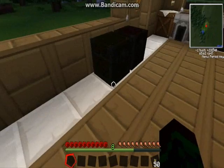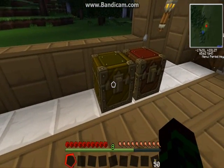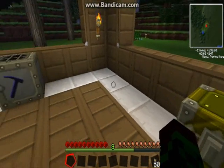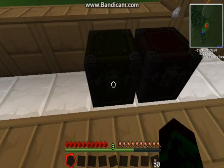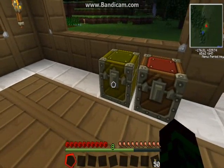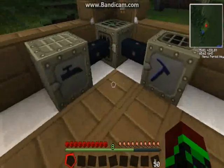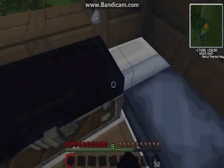And that can actually be upgraded once more to a diamond chest, and that will give you the maximum amount of space that this mod provides. And you can upgrade it yet again to a crystal chest. Doesn't actually increase the space, but it does make the chest skin see-through, so you can actually see what's in the chest without having to open it up. And I'll get to that eventually, but I probably won't do it just now because we want to save our diamonds for just a little bit longer until we've got some more. Okay, so I'll just quickly sleep until tomorrow morning, and then we'll start on our...